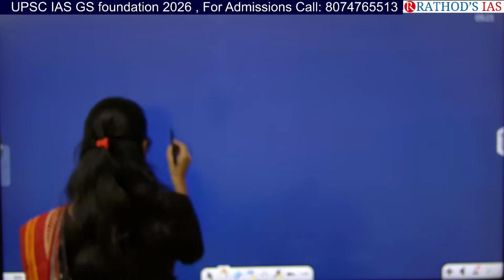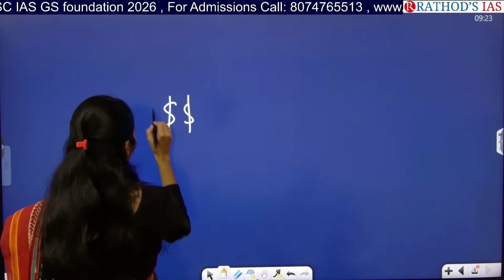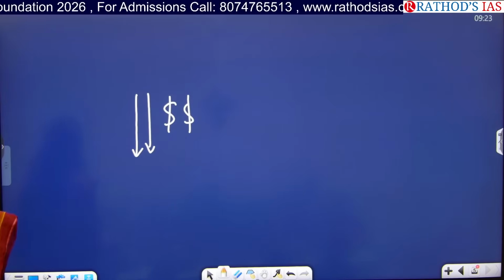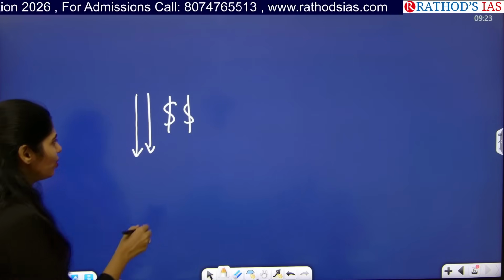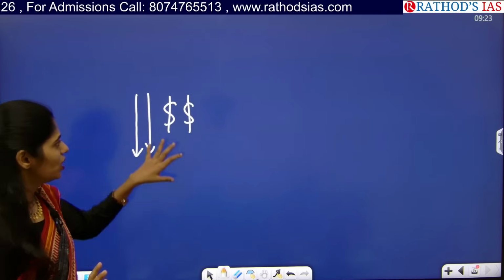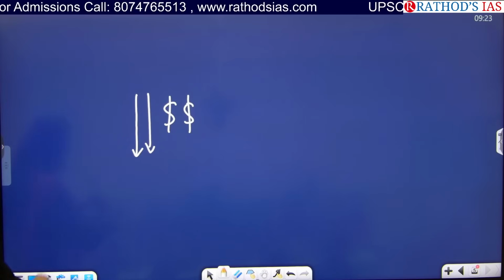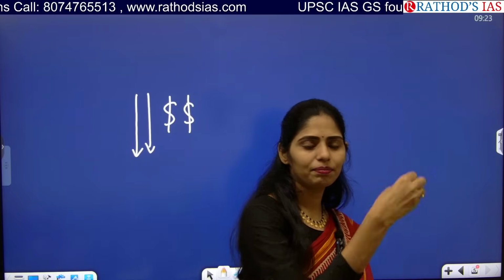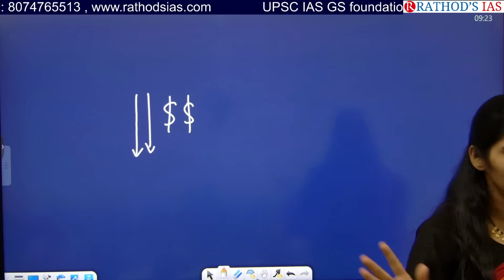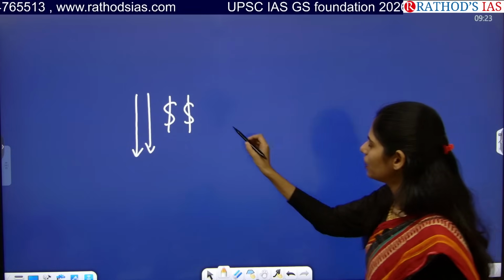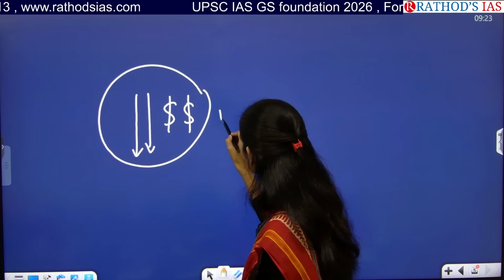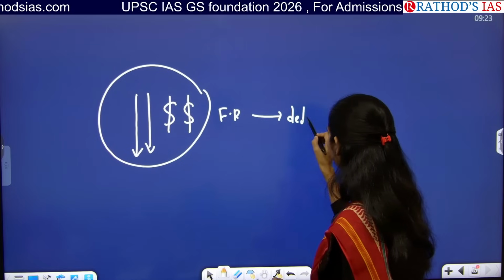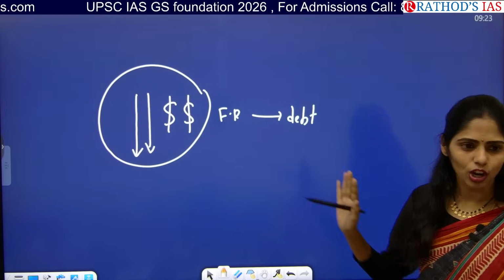Okay, foreign currency, for example, let us take dollars. Dollars is decreasing in India. Trade deficit, okay. So I want to explain this concept in a simple way. Whenever dollar is decreasing in our country, obviously we have to pay our debt or anything in dollars, right? So what happens whenever we are having less forex reserves, but we are having debt and we have to pay that debt, that means we need dollars.